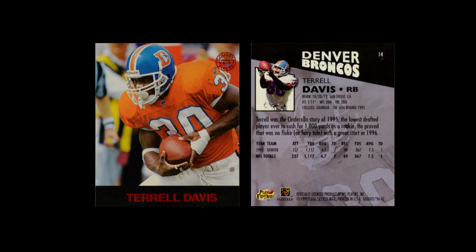So, of course, they had a parallel. And the parallel is the same card, except they did a modern version of it. So here you have where the picture came from with a full normal background, black band at the bottom, red foil, and fully glossed. So even the back looks different on these cards. So these cards are a great opportunity to look at the original cards and then the modern equivalent design-wise,